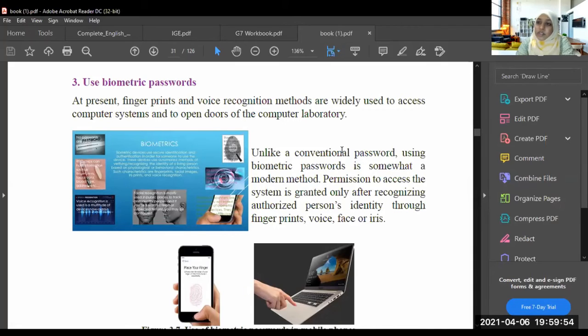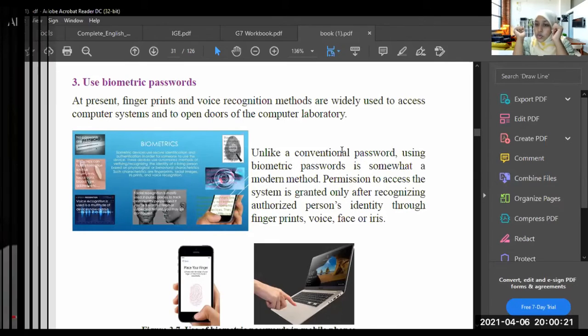That is biometric password. The phone, if you want to unlock the phone, you can look at your phone. It recognizes your face and unlocks your phone. That is biometric password. You can speak. If you speak, it recognizes your sound and the phone will be unlocked. That is biometric password. Now understood?